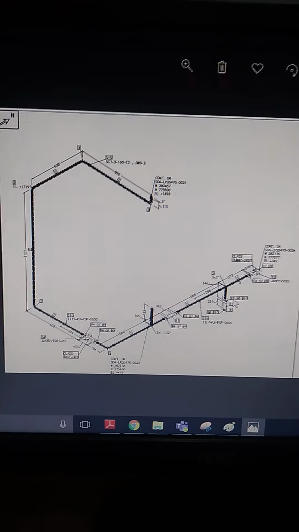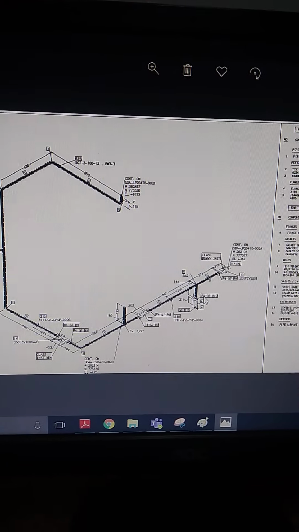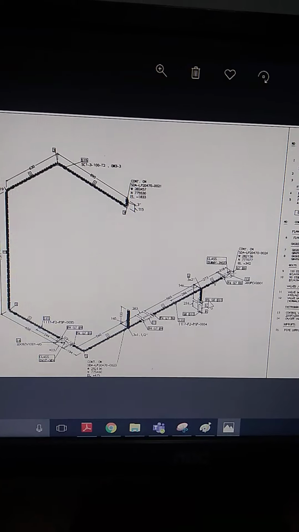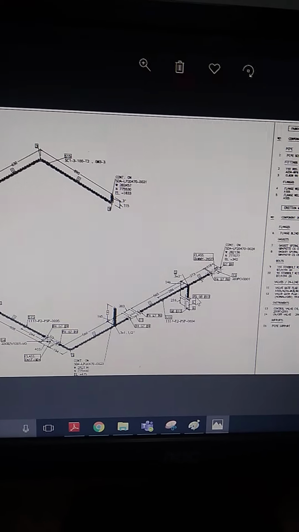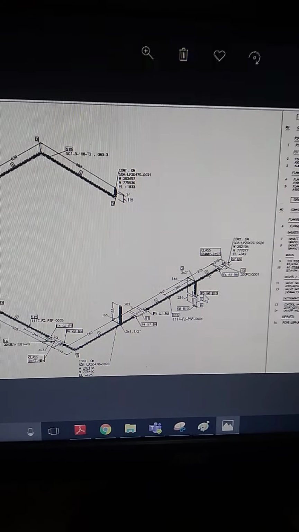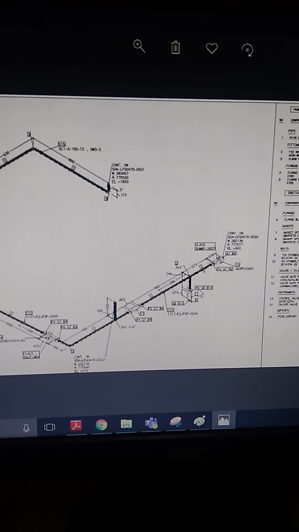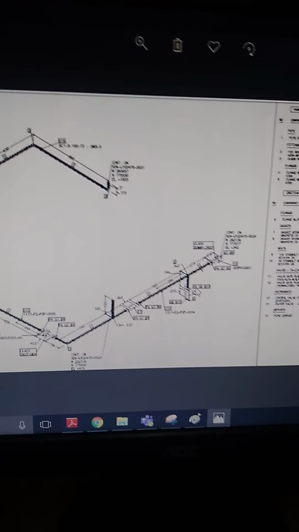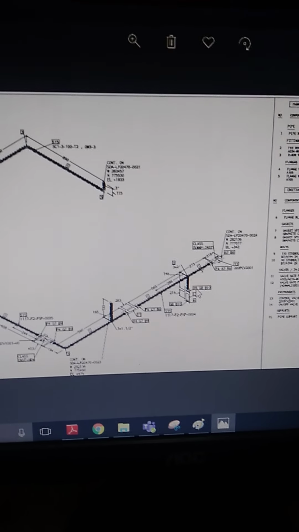In the last video I explained what the MTO is. So today I will talk about the BOM. First, I would like to differentiate between the MTO and the BOM. In the last video I explained what exactly an MTO is. With an MTO, we do a material takeoff. And what is the reason for taking the material takeoff?